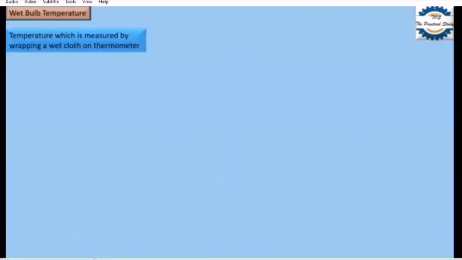You know, we measure a wet bulb temperature by wrapping a wet cloth on the thermometer, or it is surrounded with a wetted cloth or wetted cotton. So that is how we measure wet bulb temperature. Write it down in the notes or in the book. The second parameter to identify in the psychrometric chart is wet bulb temperature.